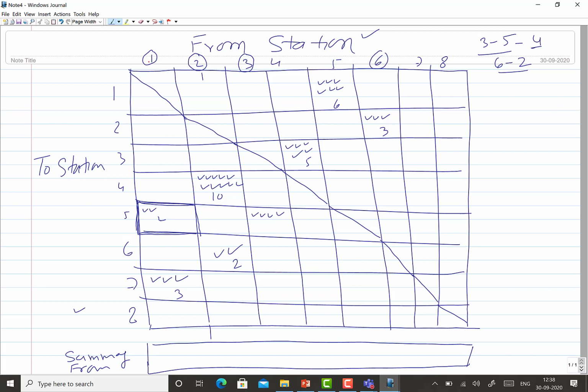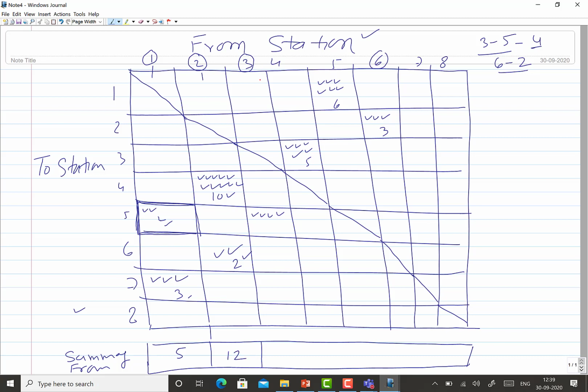So we'll keep moving down and counting, like say 3, 2 and 3. So the summary of all movements from station 1 is 5, that is 3 plus 2. The summary of all movements taking place from station 2 will be obtained from 10 plus 2, so that will be 12.